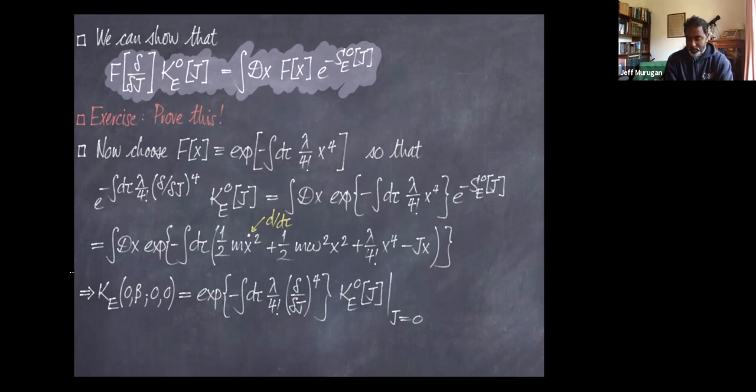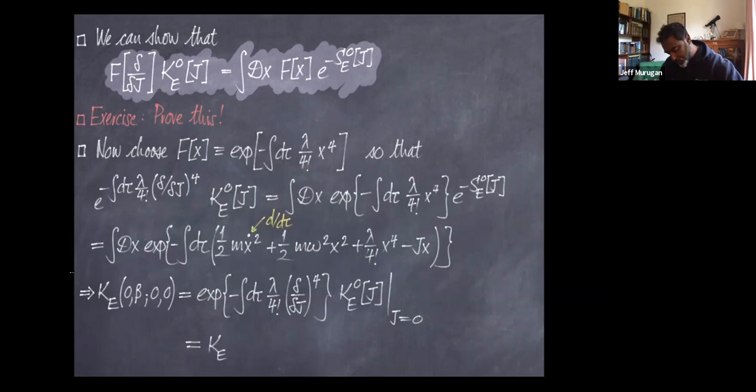Of course, I can't do this exactly, and so I need to do it perturbatively. And we do exactly what we did previously. We make a Taylor expansion of this exponential. We Taylor expand this exponential by assuming that lambda is small, and then let each term act on the sourced path integral, and we would expect to get, as we did previously,